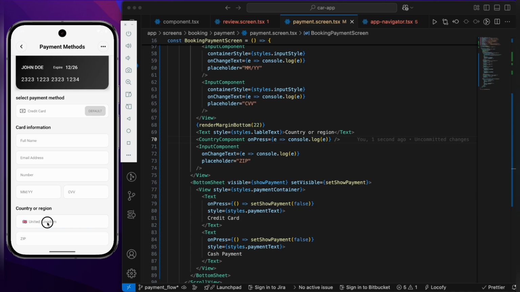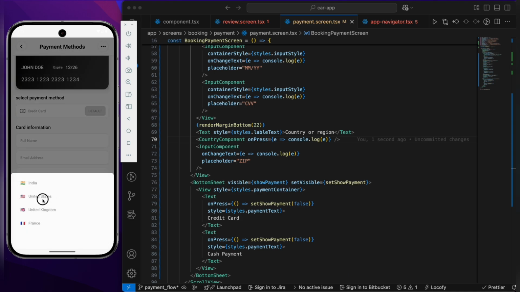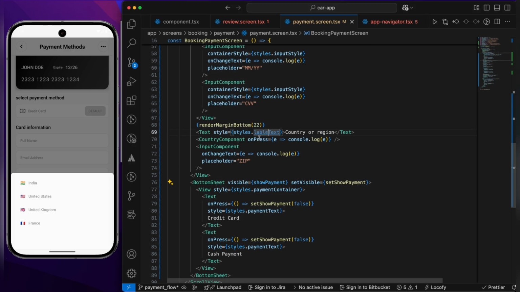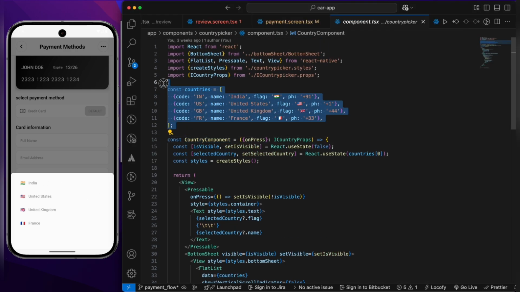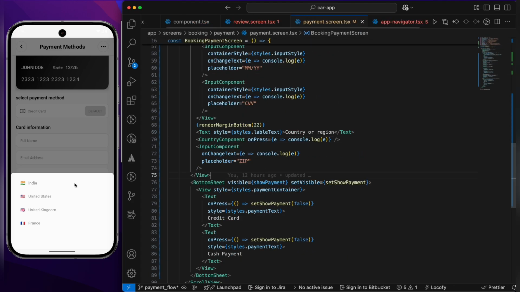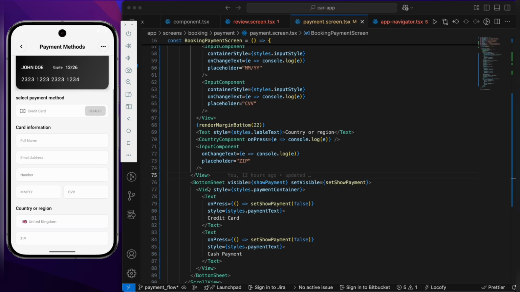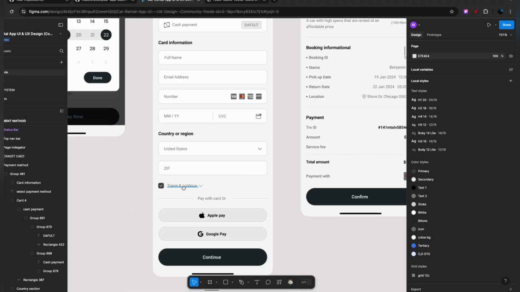So we can add the UK, France, and the United States. If you see that we only have added 4 countries, let me show you that. So in case you want to add more countries, you can add all of the countries over here, as well as you can pass this country as a prop. You have to modify this particular component. So as of now, let's keep the UK, and let's move to the another part, which is the terms and